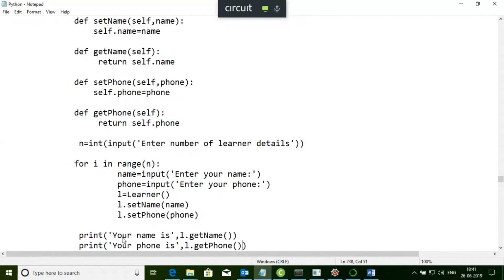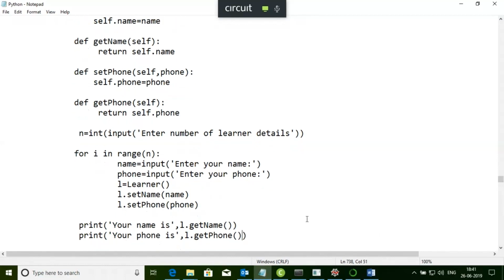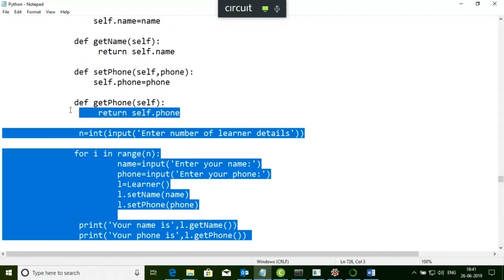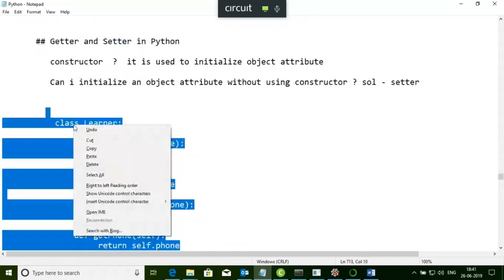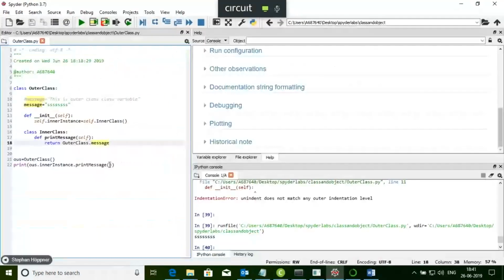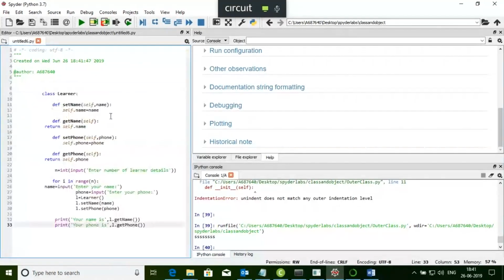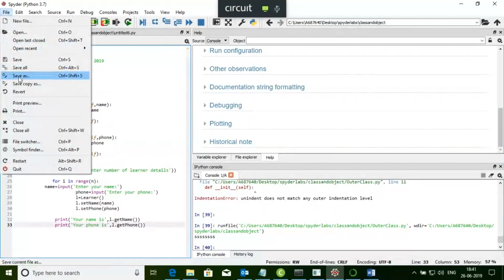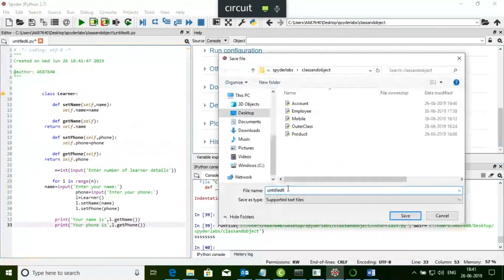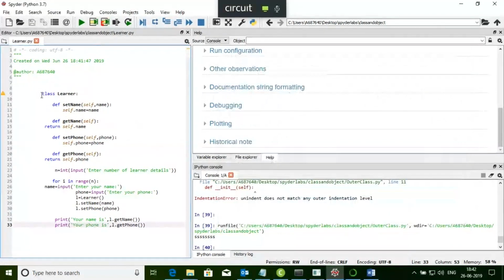So it should work. We added some extra things. Just see here how these getters are working, please. I'm creating my class named learner. Just save this class file, Save As learner.py. And inside this we have this